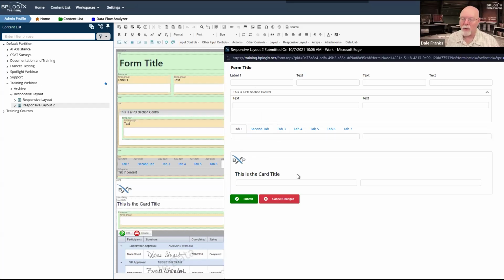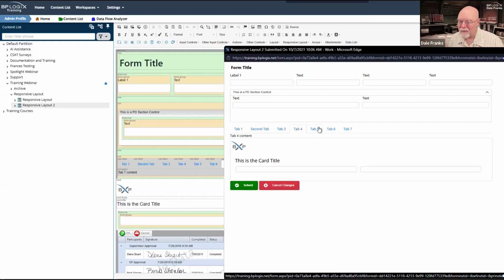I generally don't have to do a lot of horizontal or vertical scrolling up and down to see all of the content in the tabs. So I'll leave it up to you, what you prefer in terms of tabs.